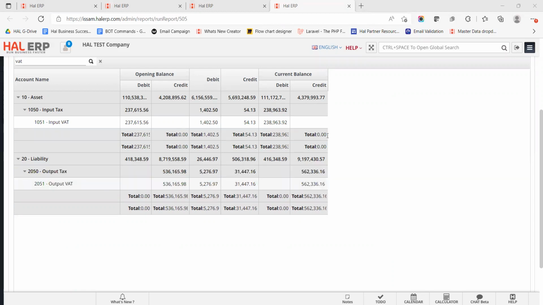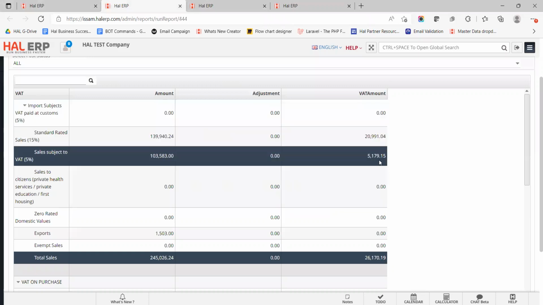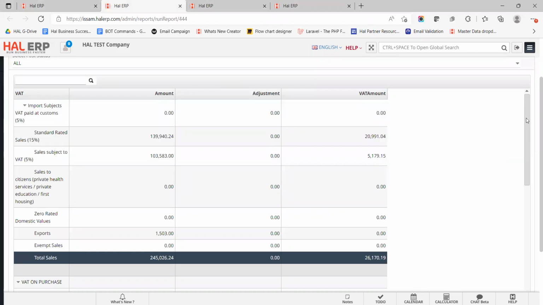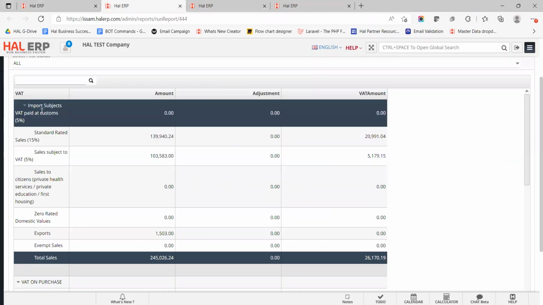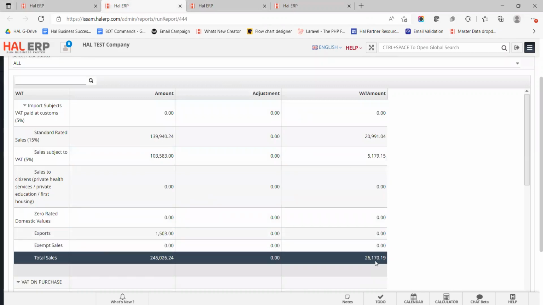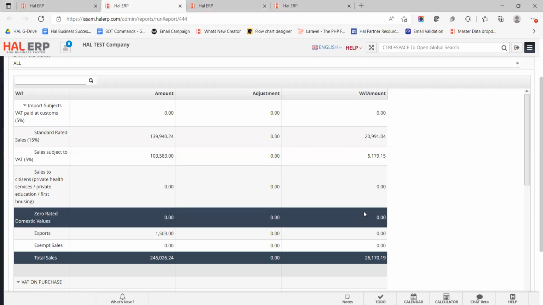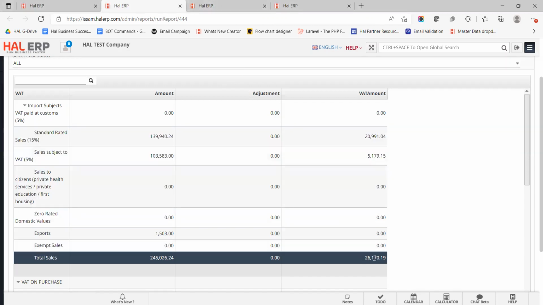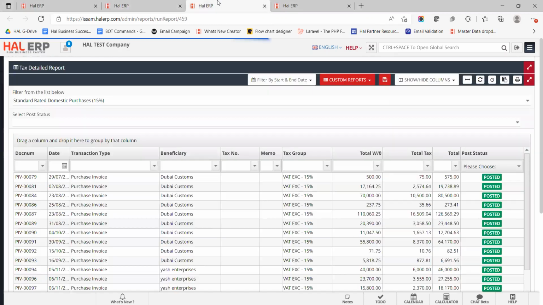So it is 26,170.19. And if I go and verify in my tax report, the VAT on sales is appearing to be 26,170, the same amount. So it means my tax values are correct. Similarly, you can verify with the purchase side also. And if you want to get the breakdown of this 26,170, you can just go to the